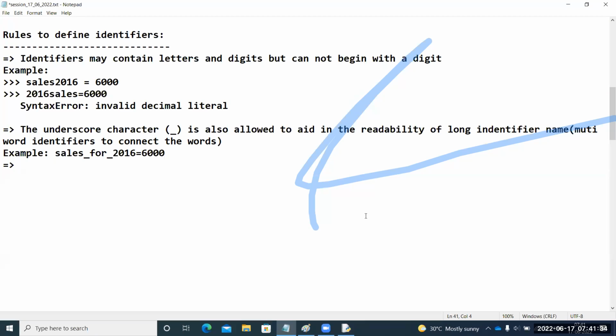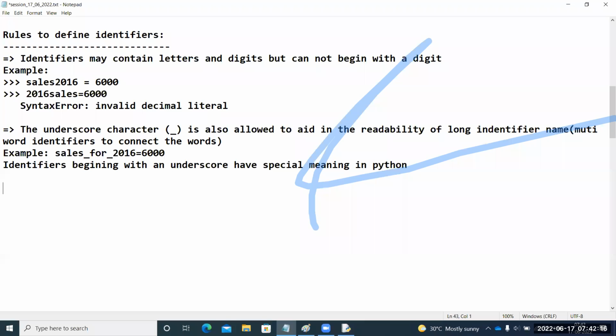What is the next rule, guys? Now underscore has something special that I will discuss. In the Python programming language, identifiers beginning with an underscore have special meaning, guys. Understand? Identifiers beginning with the underscore have some special meaning. So what are those types of identifiers? Let me talk about it. Identifiers beginning with an underscore have special meaning in Python. What are those variables? Let me talk about it.